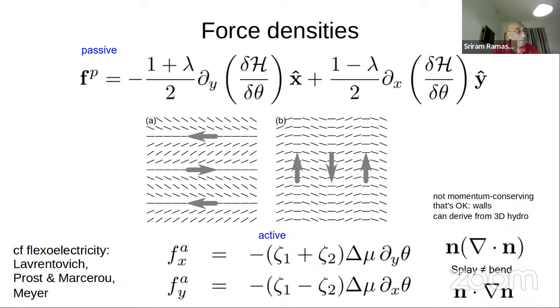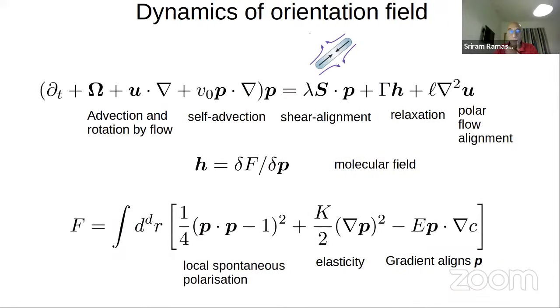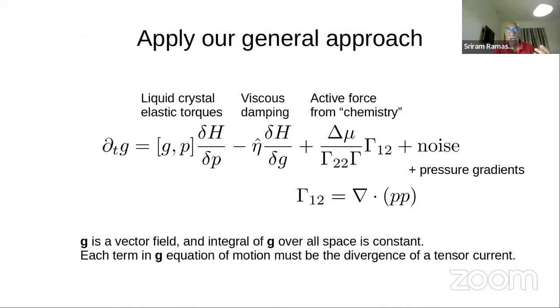So how do you incorporate those as active forces, like those terms? That is essentially what I told you back here, right? I just said I write down my equations of motion. And remember my general prescription: I take the equations of motion that I already know that I have in the absence of activity, and I add terms whose form is permitted by the spatial symmetry. Mentally, I always think that that coefficient is the chemical driving force delta mu, and there's a factor which is